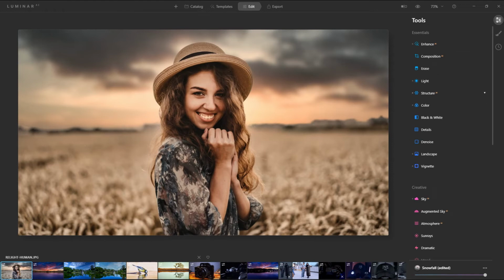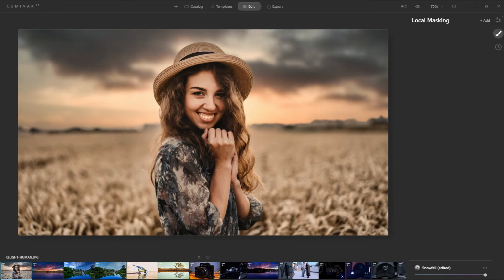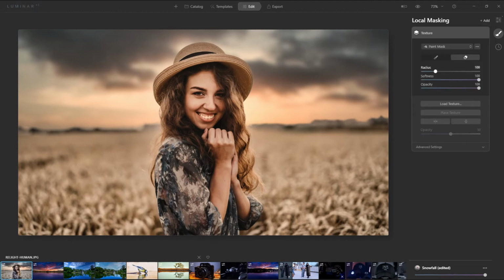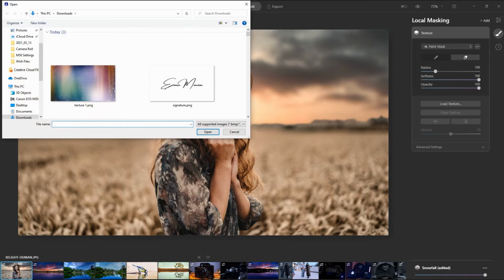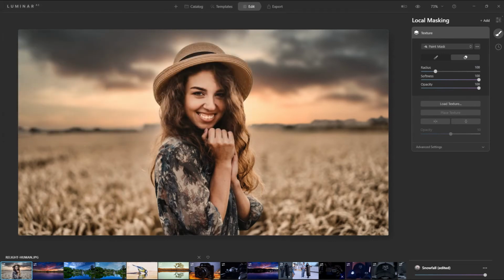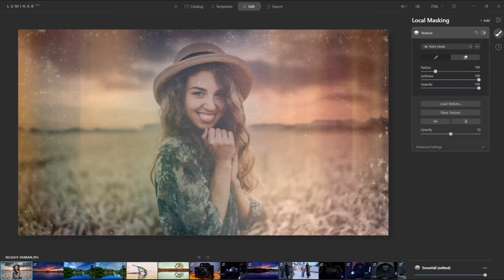And one of the other things I wanted to show you really quickly here is being able to import some PNG files for overlays or textures. So for example, if I go to local masking here and I wanted to add an overlay, you can go under load texture. I'm going to choose this one. And you see it's going to load that texture. If I were to go to advanced settings here, obviously I can play with the opacity.